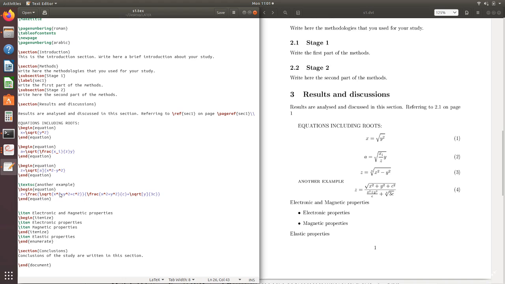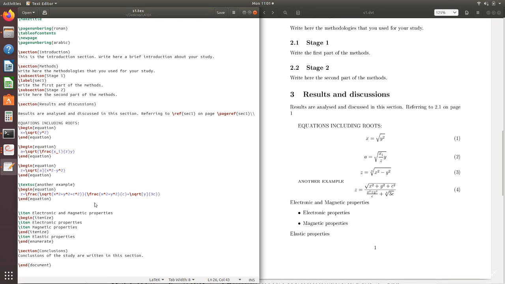And it is another example, and in this example there is a fraction, this is more complicated. Just look at this and compare this, and this will produce your output like this. So here z is equal to a fraction that is started here, and the first term, up to this, is your numerator, and from this curly bracket to this curly bracket is your denominator. So in the numerator, x hat 2 plus y hat 2 plus c hat 2, that means x square plus y square plus c square, and since we have used square root, the square root is there.